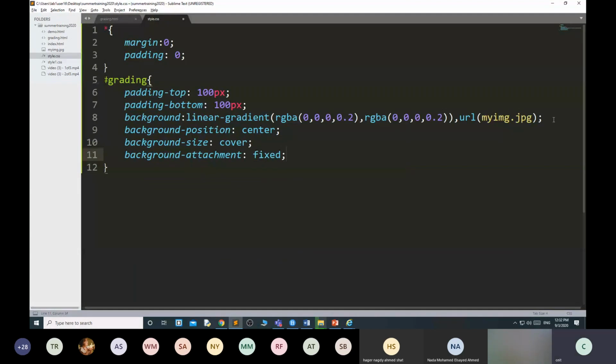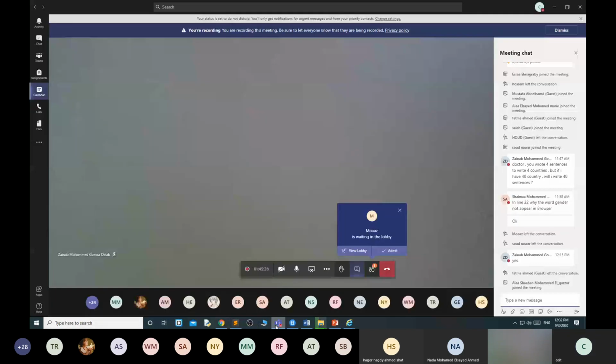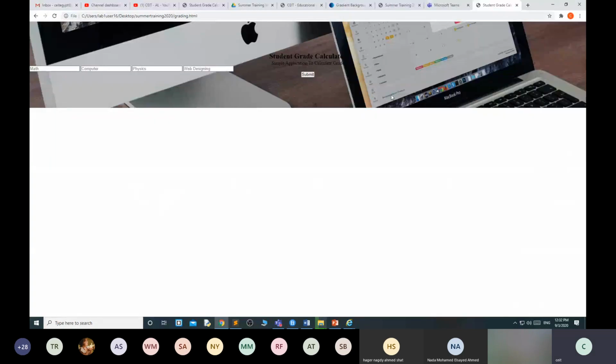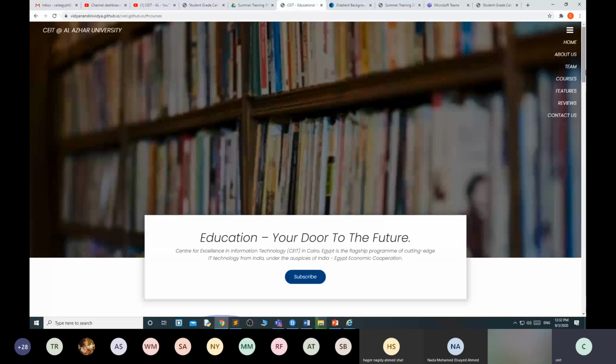Background attachment fixed means, if you have a lot of sections, once you scroll, it will not scroll like this. You can see here. See, once I scroll, the image scrolls like this.